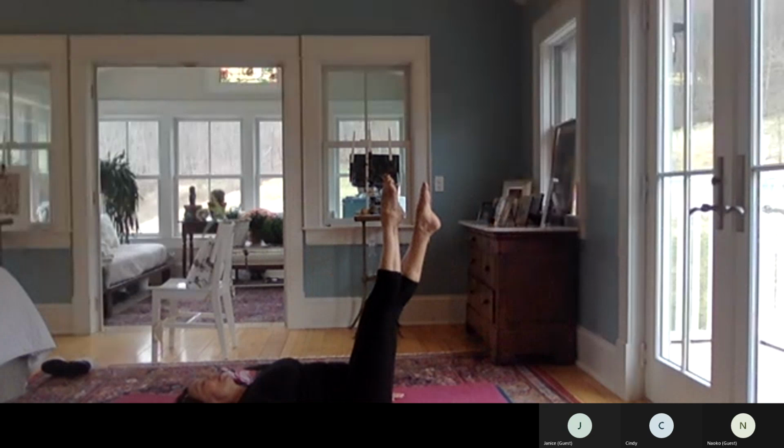Repeat. 8, 7, 6, 5, 4, 3, 2, hold. Circle. 2, 3, 4, 5, 6, 7, hold. 8, 7, 6, 5, 4, 3, 2, come down to your knees, to your glutes, both knees bent, reach forward